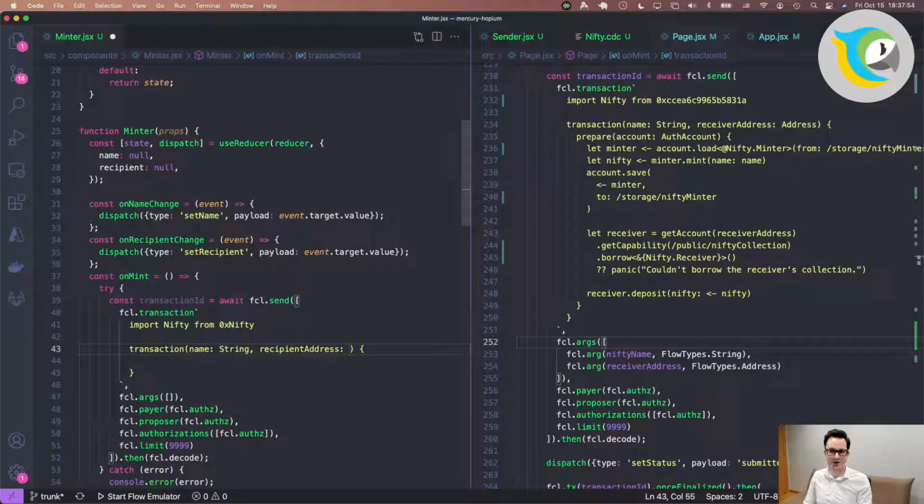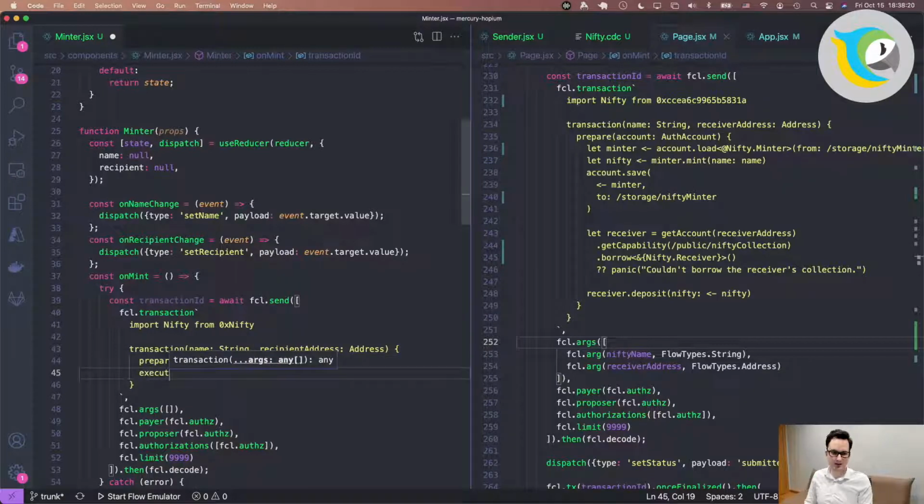So yeah, so that's going to be an address. So addresses in Cadence have a specific type allocated for them. Now what do we do here? Well, we take Minter and we load that from the... there's two sections. First one is the prepare, and there's also an execute.